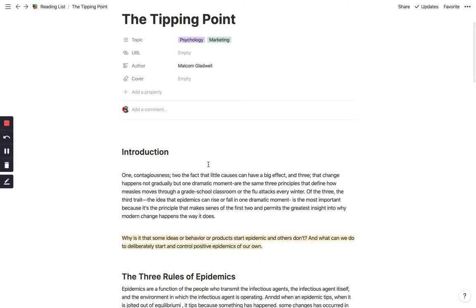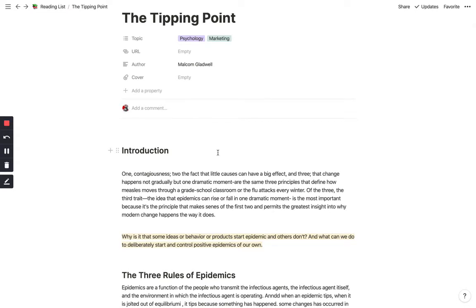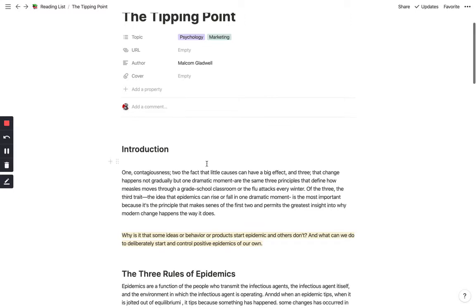In fact, often what you'll find is that the thing that you underlined didn't end up being really useful. In the moment it seemed important, but then when you go back and look, it actually ends up not being important. So one of the things that I am actually doing now with physical books, and this is something I just came up with a few days ago, is once I'm done reading and I look at all of the